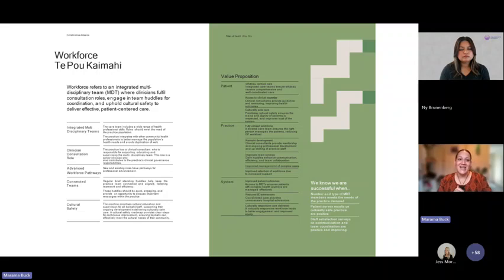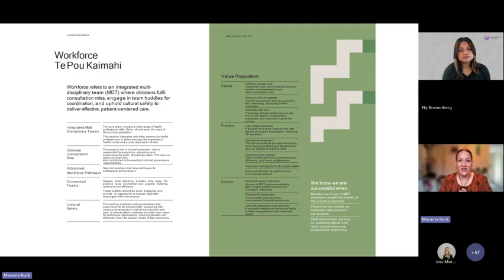The other thing we're really excited about in this new iteration of the healthcare home model of care is being really explicit about the value of implementing these elements into your service. So we wanted to make it really clear why you would implement these elements to support your whānau and the patients that you care for. So we've got 3 really clear points of, here are the things that we could do, and here is how it's going to actually make a difference to our whānau.